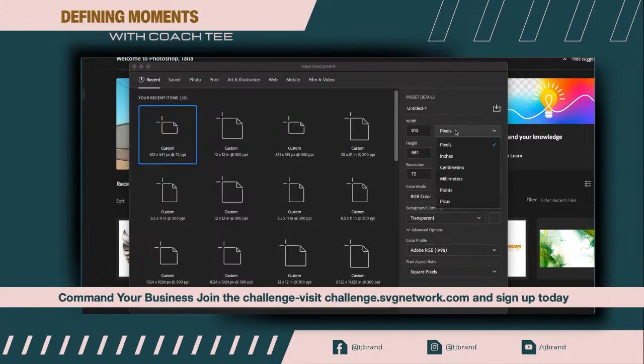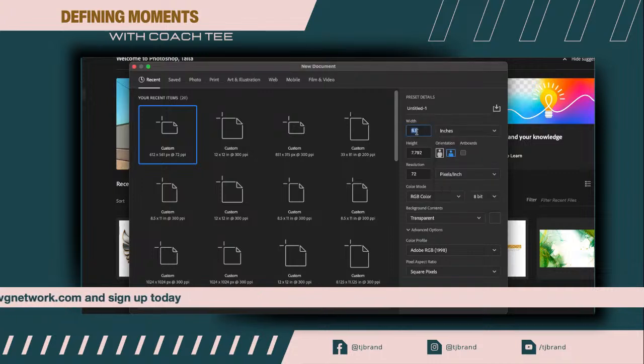Because we are designing a business card, it's normally 3.5 by 2. So we're gonna go to inches, and you want to make sure you have a bleed. A bleed is normally 0.125.